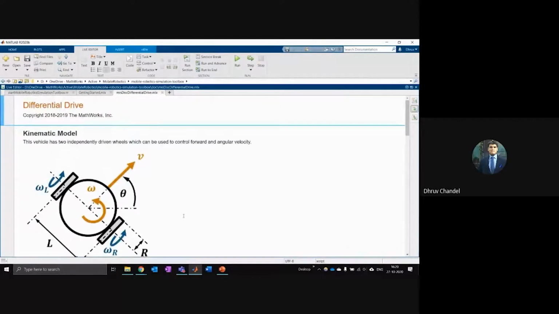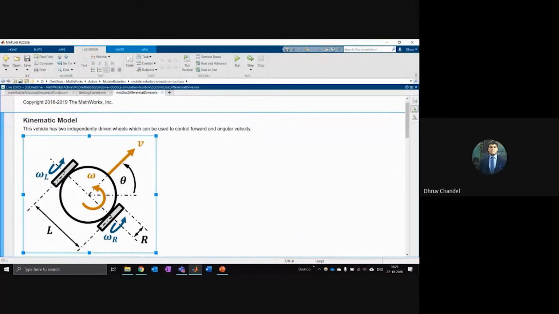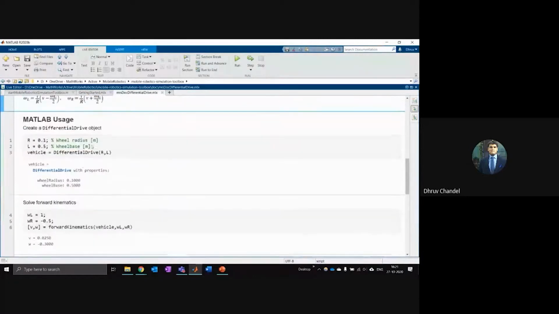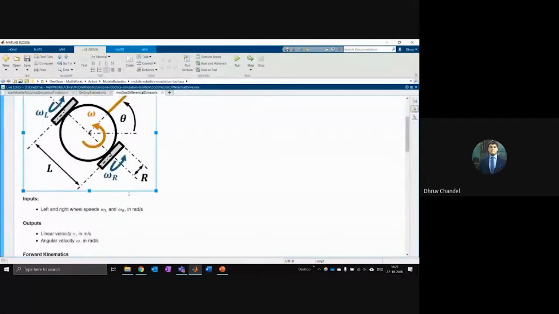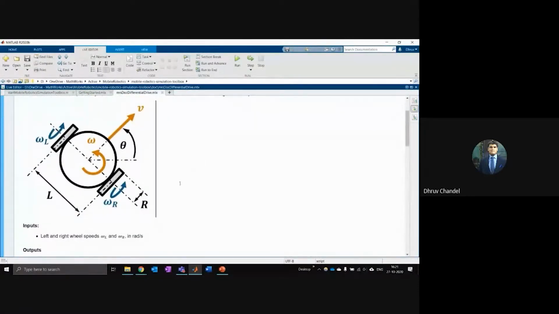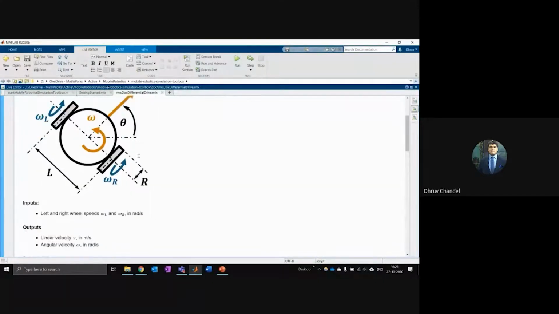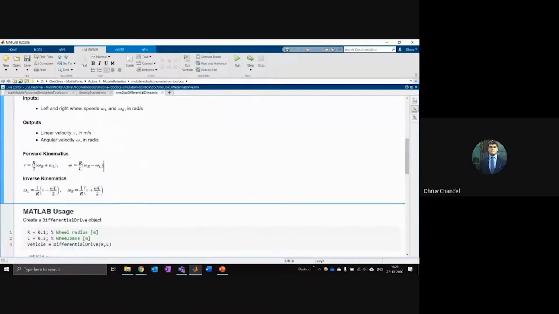You can see this is a MATLAB live script. This is not an HTML document. It's a MATLAB script, and if you go to new and then live script, you can make these documents which have both the text and the images and the equations all in the same window. Now, in the case of this robot, the forward and inverse kinematics are very, very simple here.